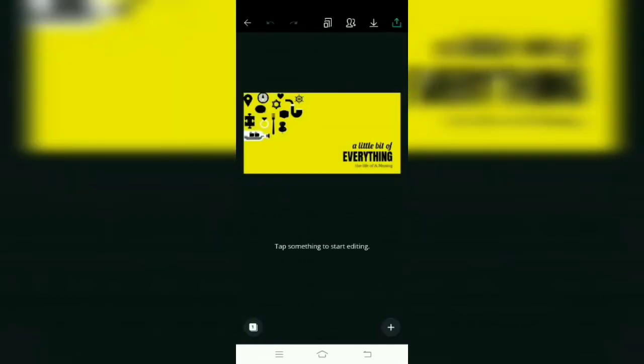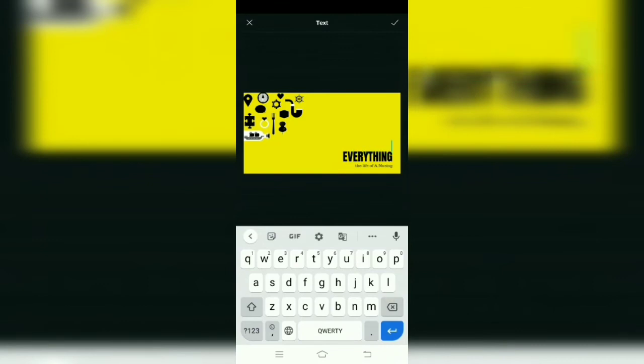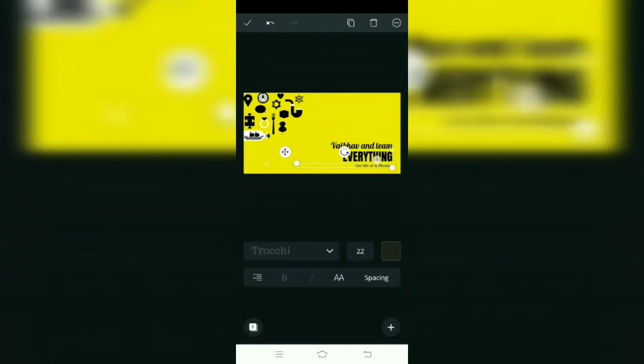Here the screen appears. There is a little bit of everything written. As my company name is not here, I will double click on this a little bit and convert it, such as I have written here Vaibhav and team. Instead of everything, we can write MedTech.